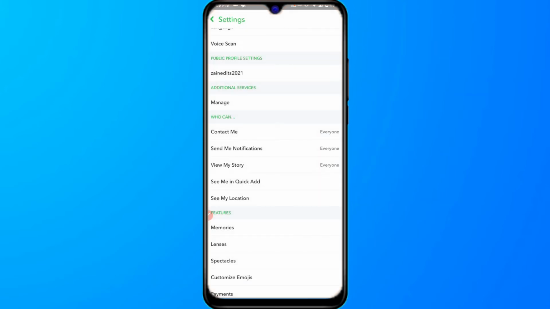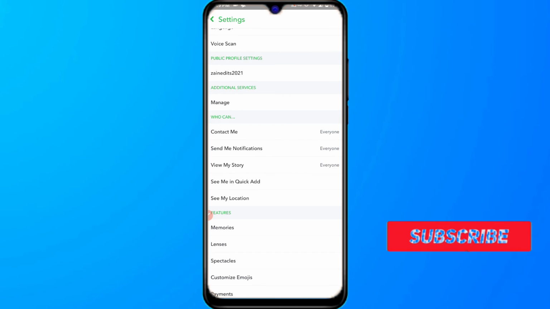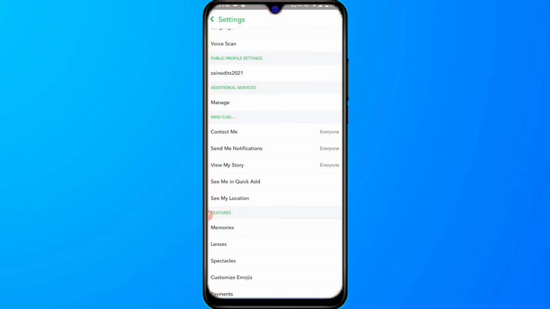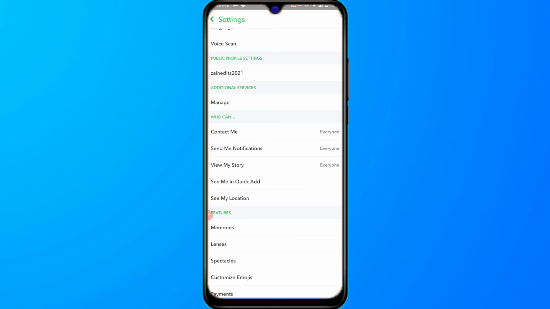Now go back and click on "Send me notifications," make it everyone. "View my story," make it everyone. "See me in Quick Add," select "Show me in Quick Add." Select this, and once you have done all this, now